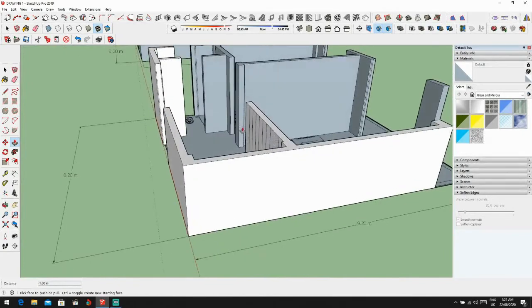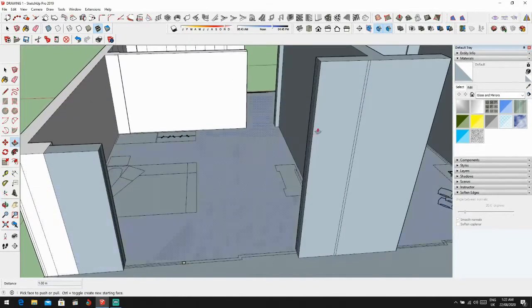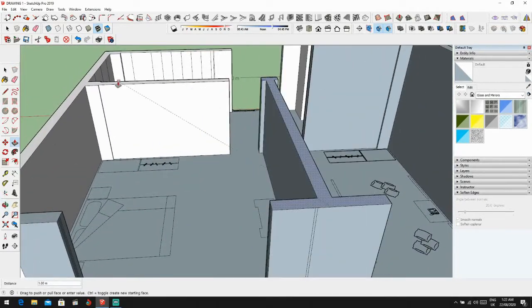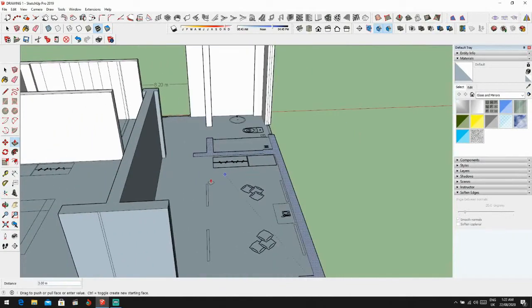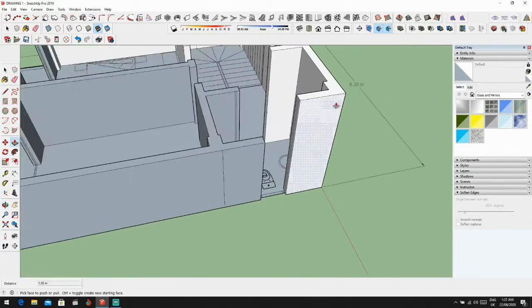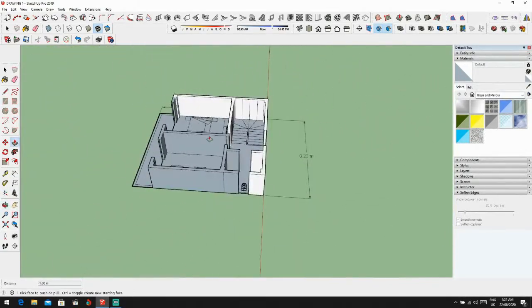So let's bring them all 1 meter down. All right,